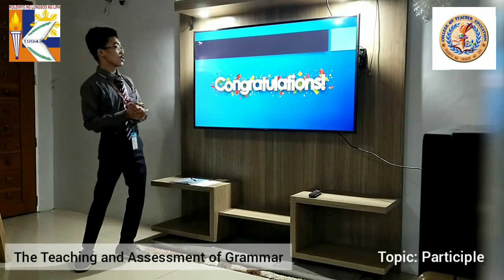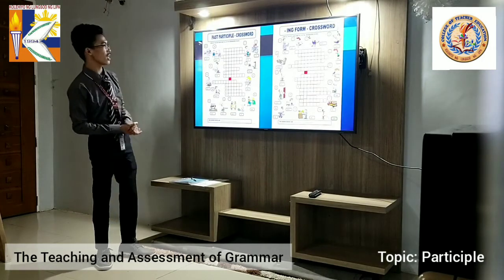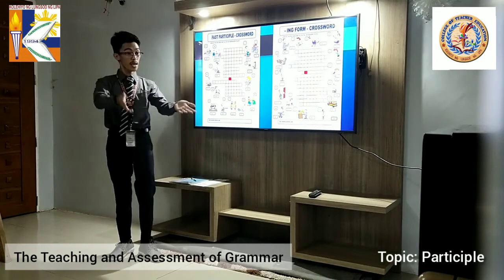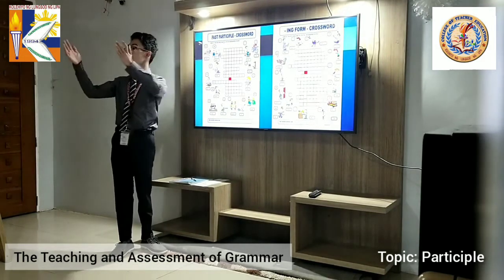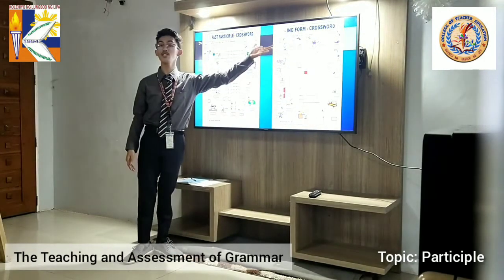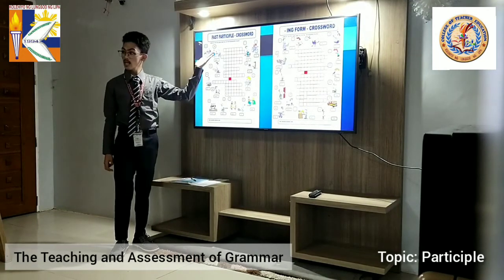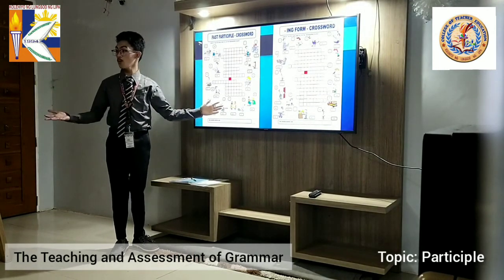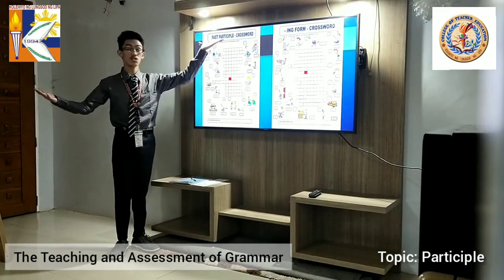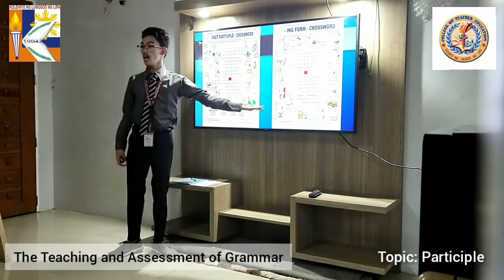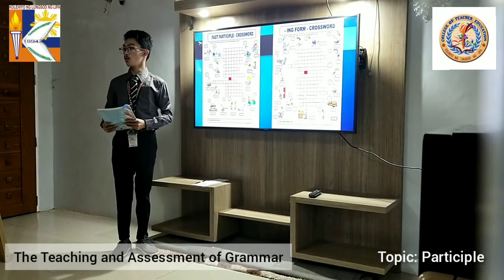Let's now have your assignment. Write this in your assignment notebook. Okay, we have here two forms. Team A of Johan will be answering the past participle crossword, and then the second team, C, will be answering the ing form crossword. So here we have pictures and then a crossword. You just have to identify what is being shown in the picture depending on the type of participle assigned to you. I will be handing you the copies. You have to pass the copy to me tomorrow morning, okay?